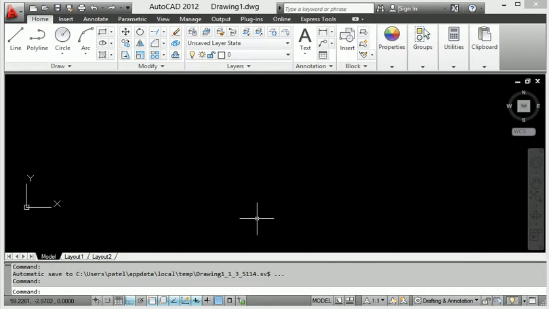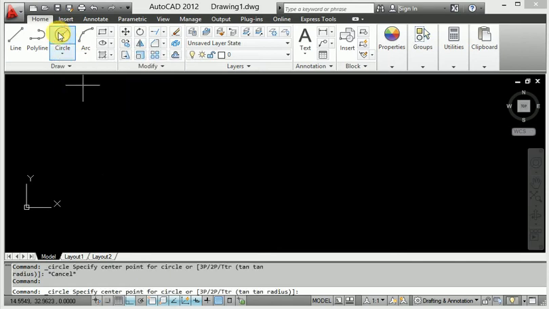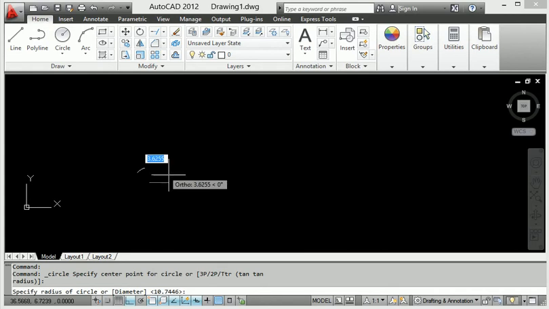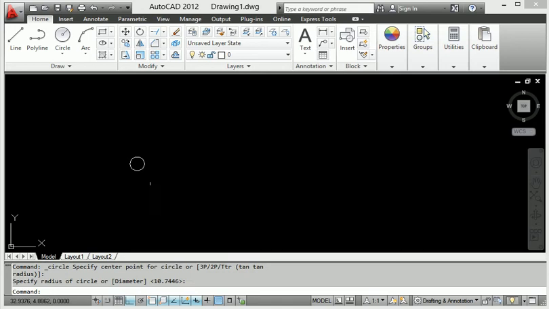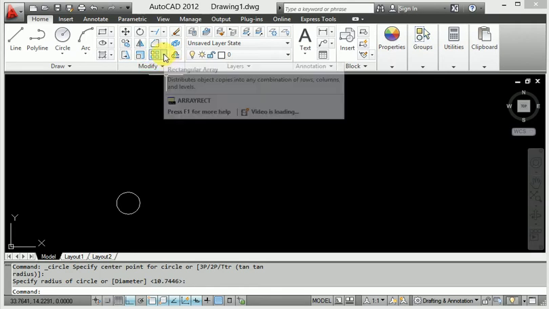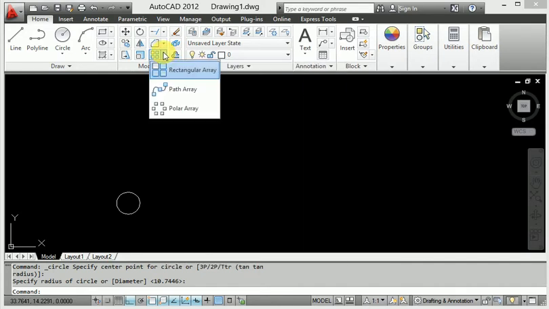So how to use the shortcut key, and directly use it from the command. When you start, I will click this one, a simple circle. I will make this circle here and go to pattern. Like this is called pattern here, rectangular and circular arrays are available.